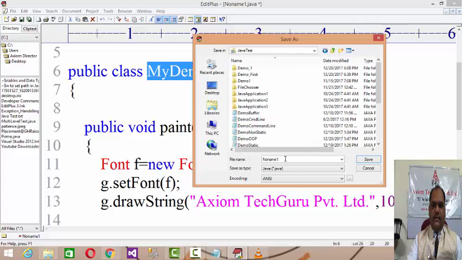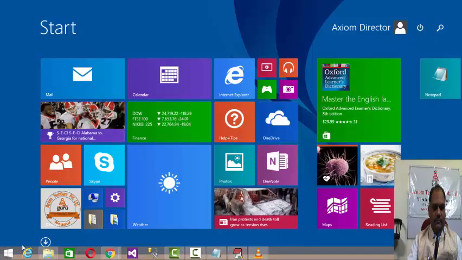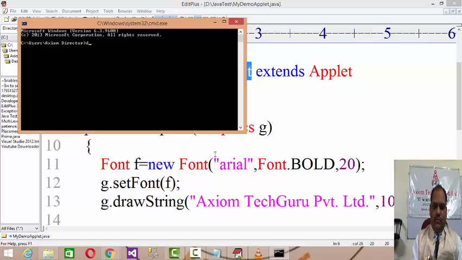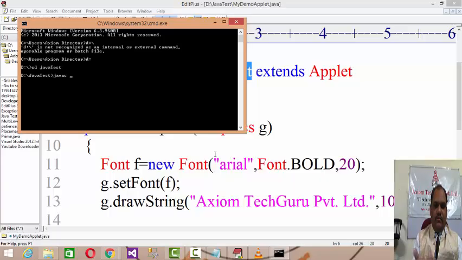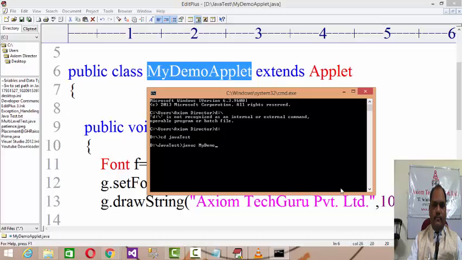Save your code, the Java test, right. And the first step is to compile it. So go to the CMD and switch to your drive and use javac to compile. javac my demo applet.java. Okay, you compile your code,